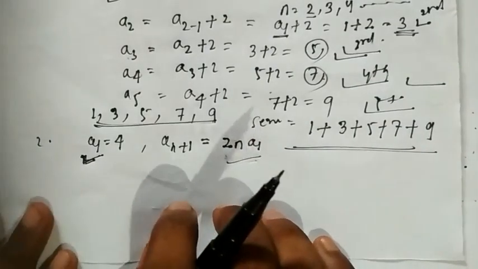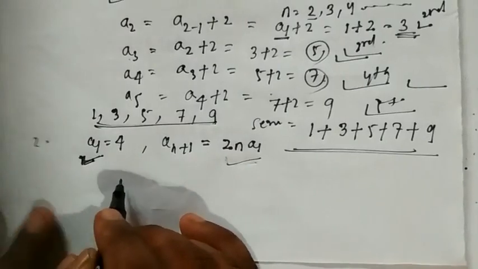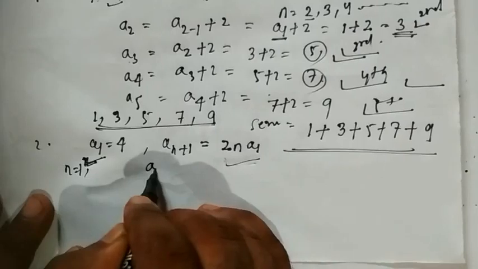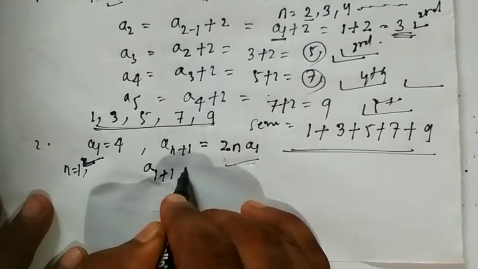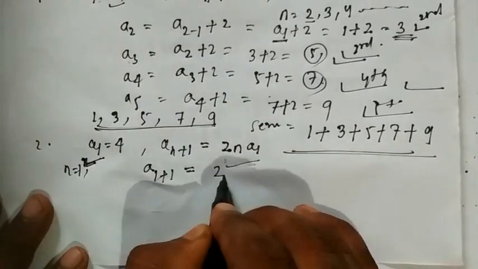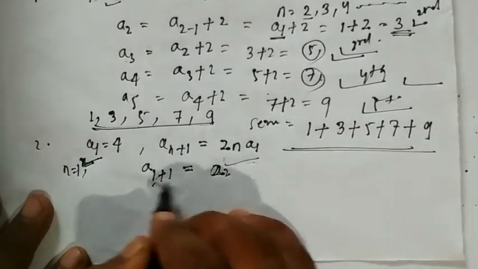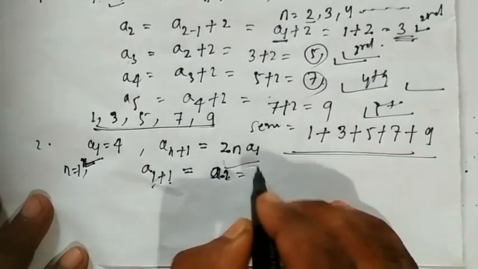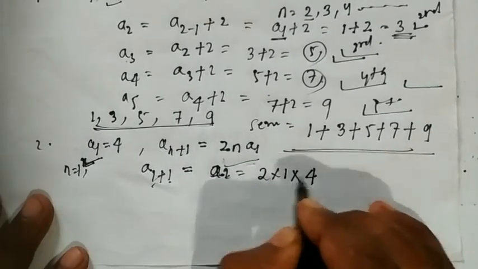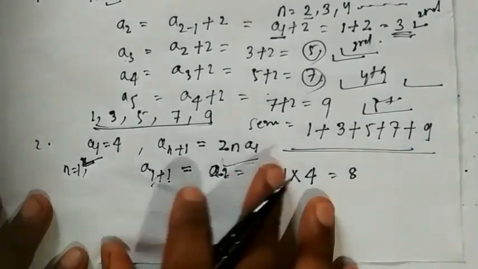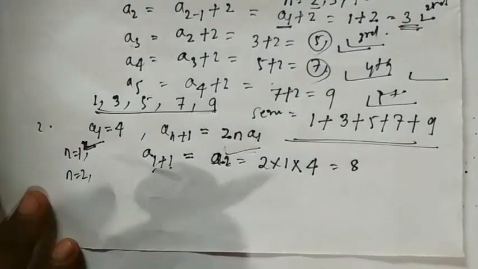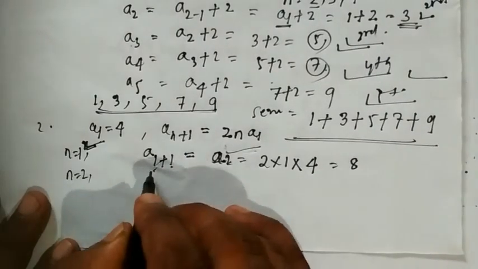So here, listen. Take n is equal to 1. If we take n is equal to 1, then we get a(1+1), that is a2. So 2 into 1 into a1, and in place of a1 you can write 4. Then how much are you getting? 8. Similarly, if we take n is equal to 2,